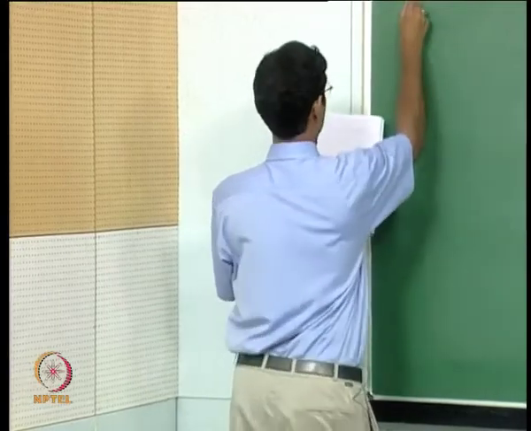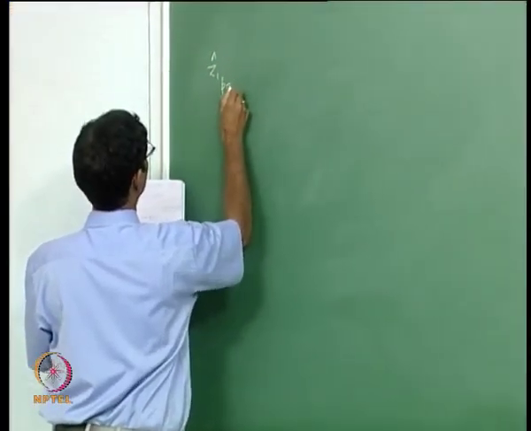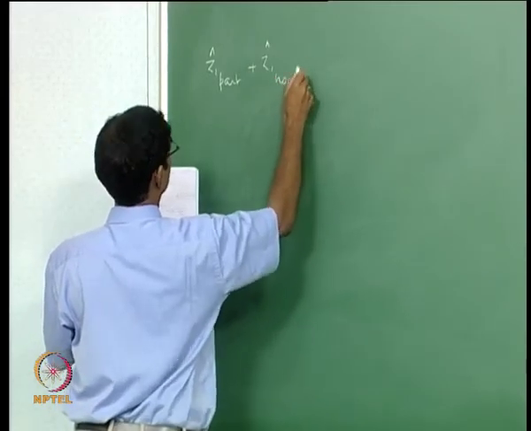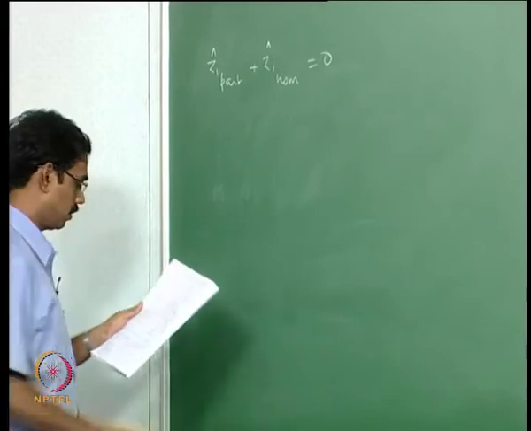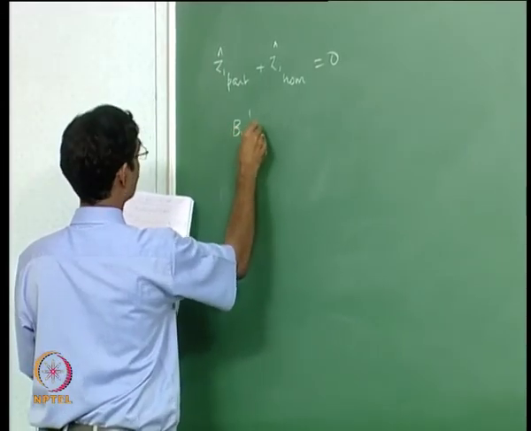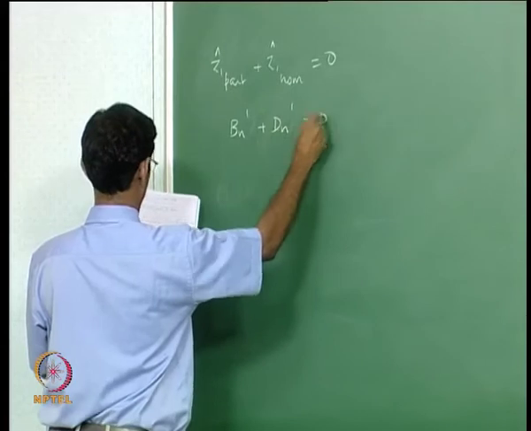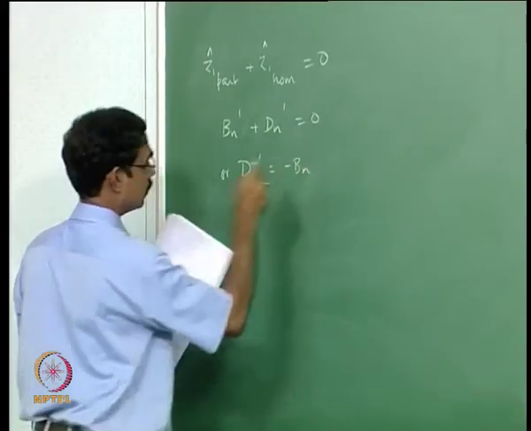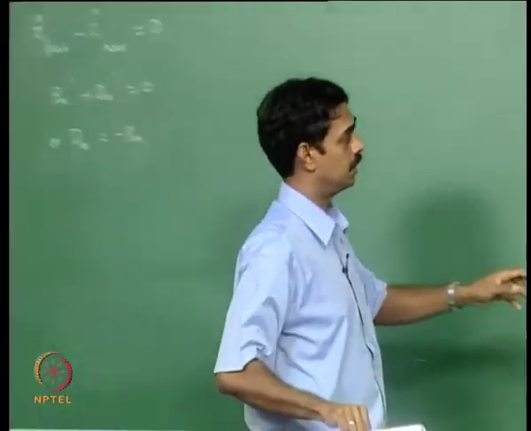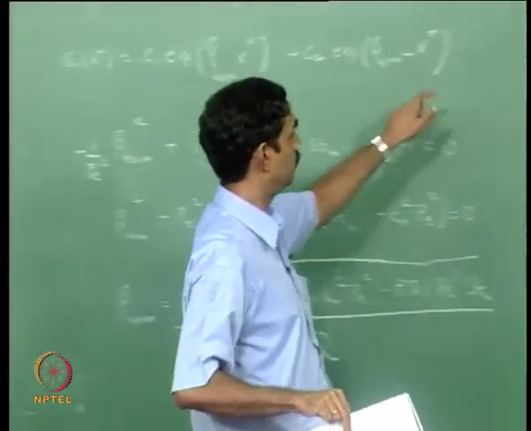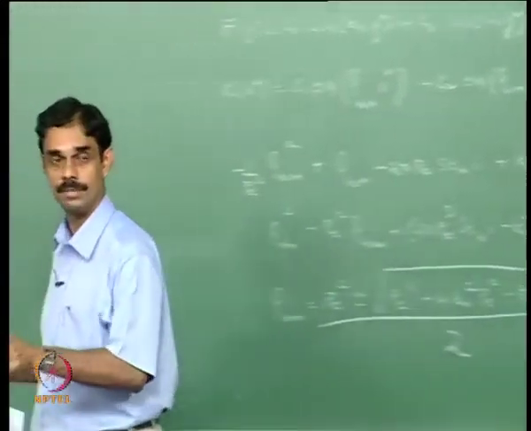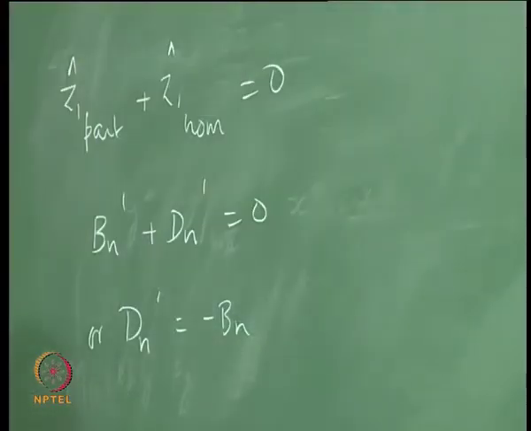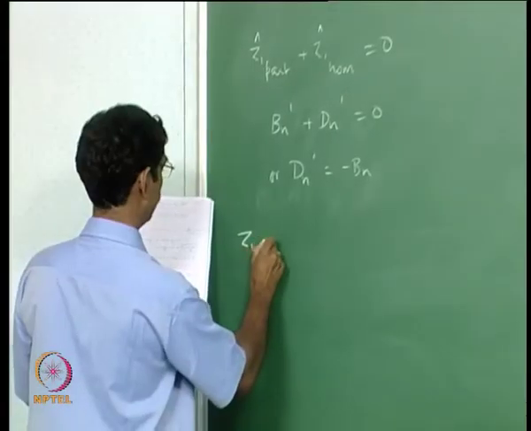So Z1 particular plus Z1 hat. So this would give, or dn prime equal to, I mean dn would be this coefficient C2 times C4, okay, for each of the eigenvalues. So that is why subscript n, because we are summing over all eigenvalues. So therefore we can write Z1 as